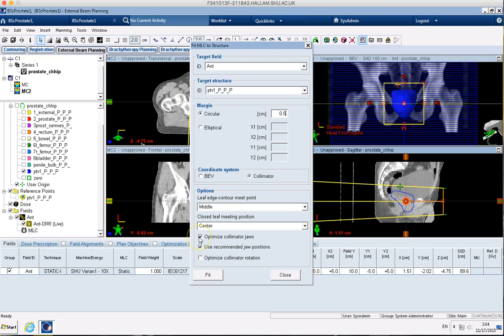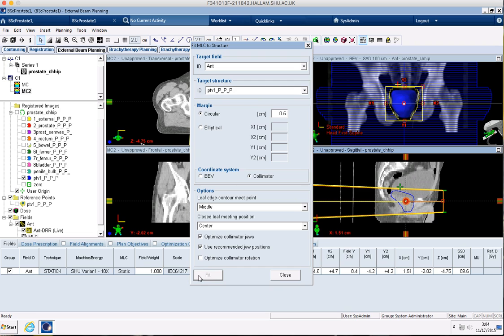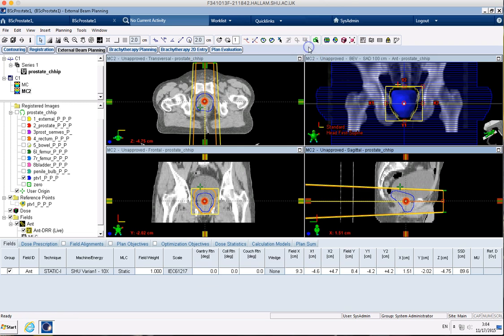And we're going to optimize the jaws, but we're going to leave the collimator rotation unoptimized, and then I'm going to click fit, and we can see there that we've now got a field that has formed an MLC shape all the way around our PTV. So what I need to do now is copy this